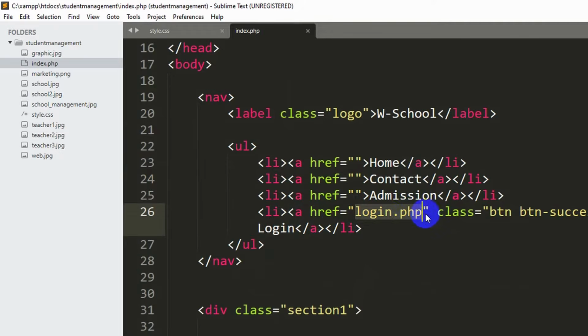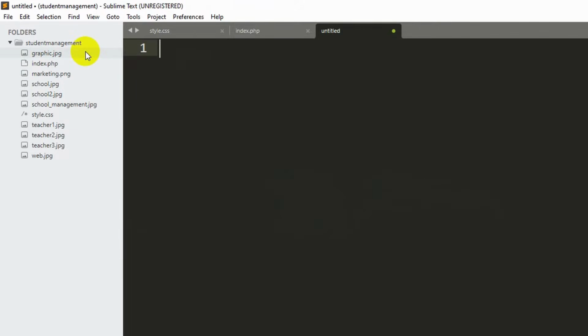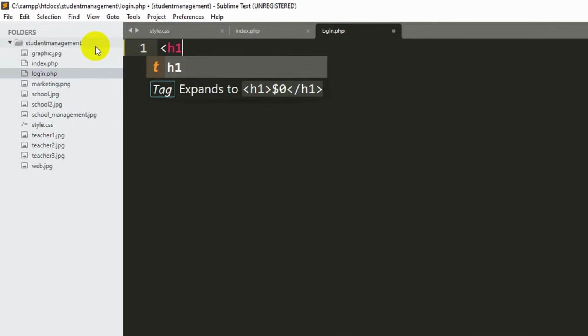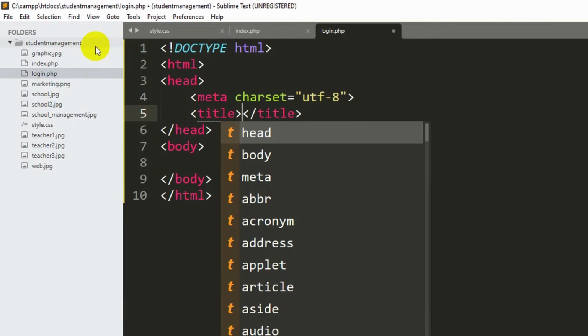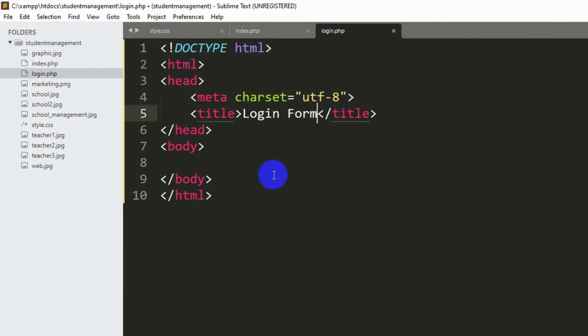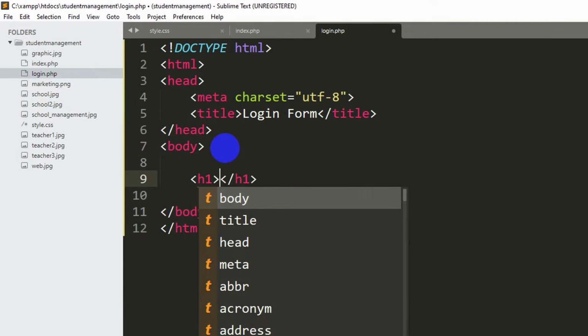Now we need to create this login.php. So let me just right click over here, then click new file, and here I'm going to say login.php, Control S, then save. So here I'm just going to write some random, let's say HTML. Let's say over here login form, and inside this body, let's say inside h1,